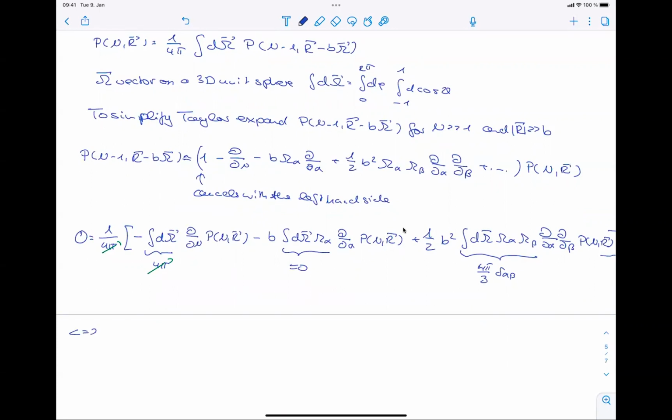From this term, if I move it to the left, the minus goes away, and I get dn of P of n r is equal to, I have a 4 canceled here, so we are left with